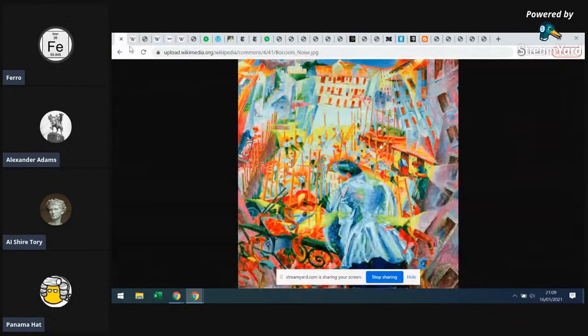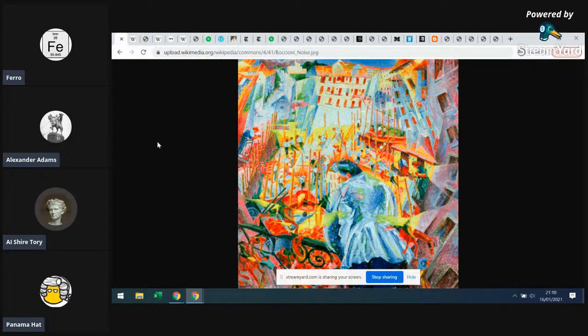Okay, cool. So moving on, Al, this is one of yours. Yeah, this is one of mine, and I'll just bring it up because I'll get the name of the chap. Okay. It has Boccioni written at the top. Boccioni, yeah, that's right. I've got a lot of fascist art tabs at the moment. Yeah, get my notes up. Would you? Because I guess it's tied to Italian futurism, so I don't know if this is Boccioni's Noise, and